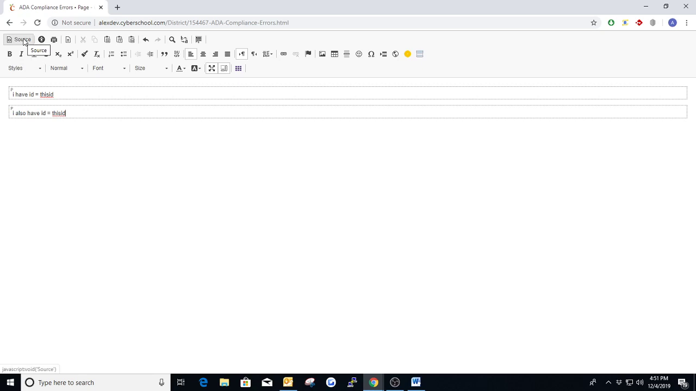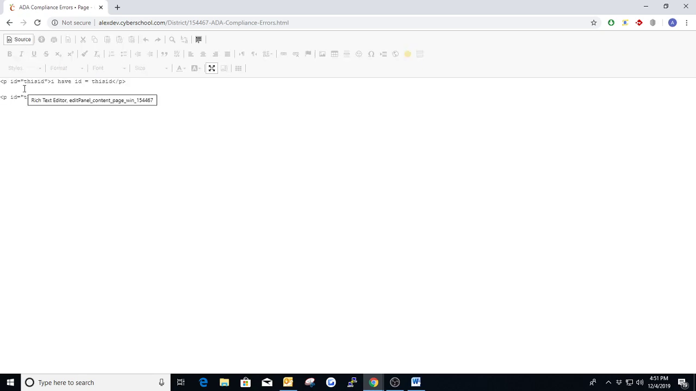Let me go ahead and click the source. And this line right here, ID equals this ID, and ID equals this ID. This is the duplicate ID error here. It's that both of these elements have the same ID. And this is an error because,